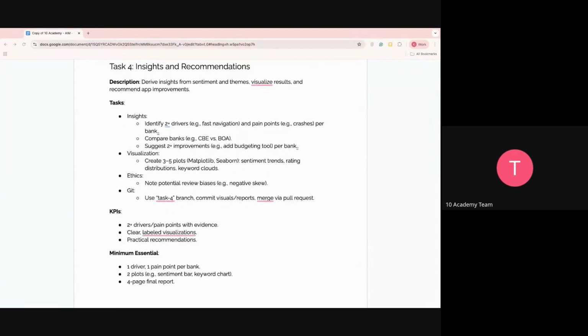And finally, after you have done all this, you will go to the insights and recommendations, depending on the data and the insights that you have extracted. You can derive insights from sentiment in themes, visualize results, and recommend app improvements. So here for the